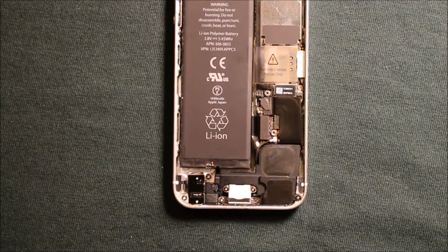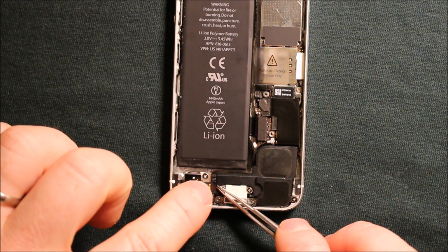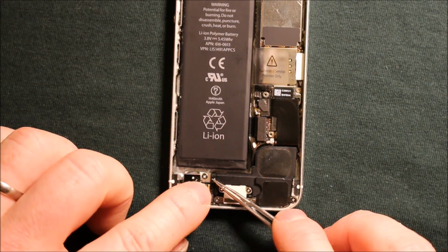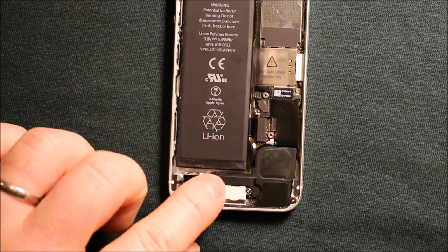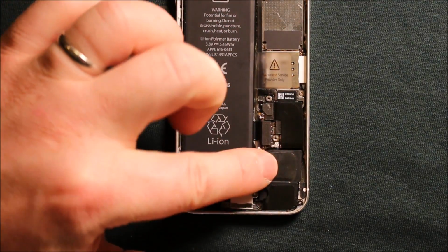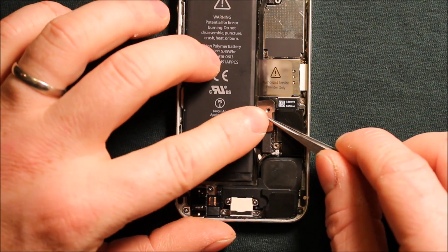Now that we have all those other screws put in, now you can go ahead and put this back down, these gold contacts. There's a little hole where that has to go, so you can see where it lines up, and then just stick it down because it has adhesive. And then, so just make sure everything's stuck down good, and then we're going to go ahead and put this top one on first,